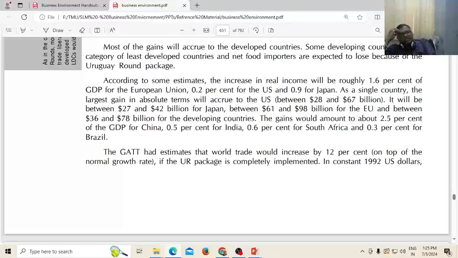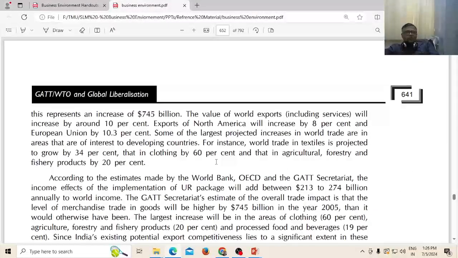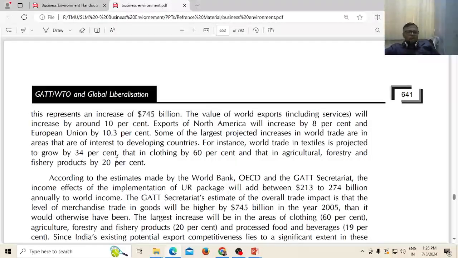Thus, the GATT has estimated that world trade would increase by 12% on top of the normal growth rate, that is, if the UR package is completely implemented. In contrast to 1992 US dollars, this represents an increase of $745 billion. The value of world exports, including services, will be increased by around 10%. And the export of North America,